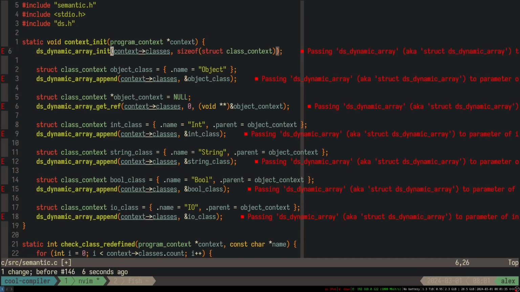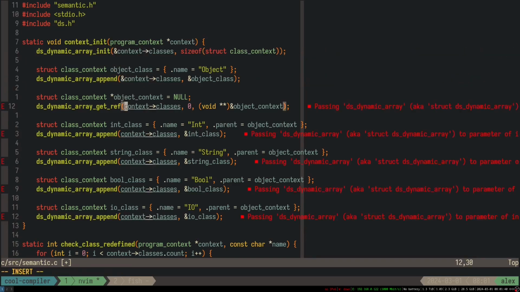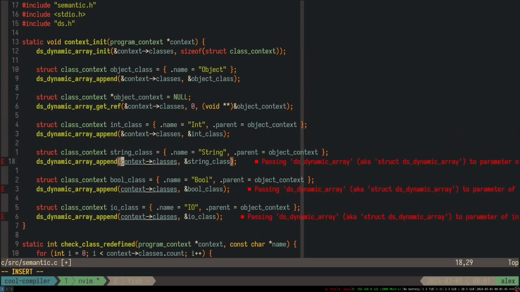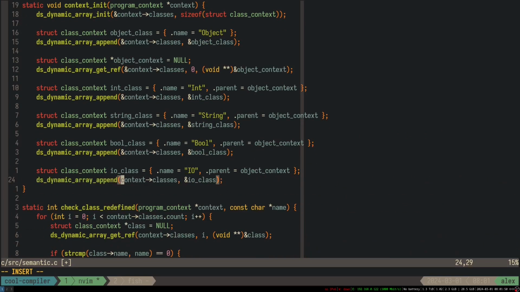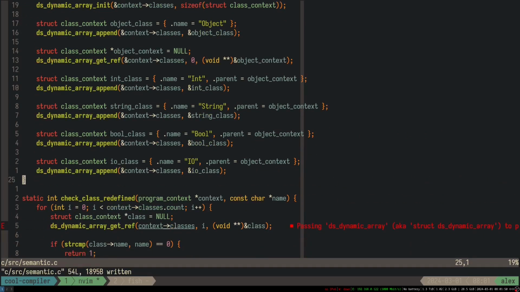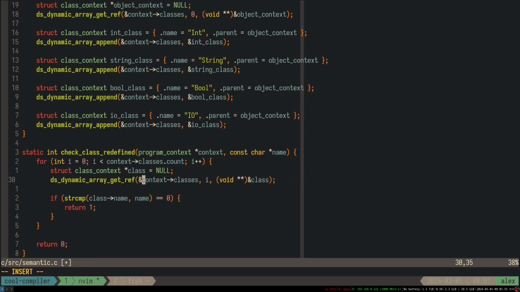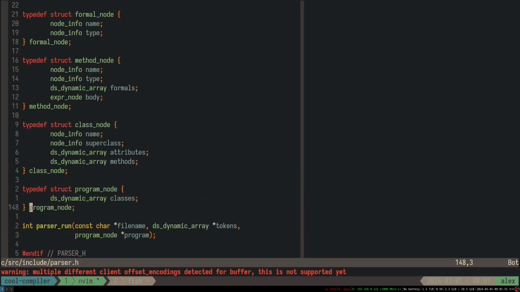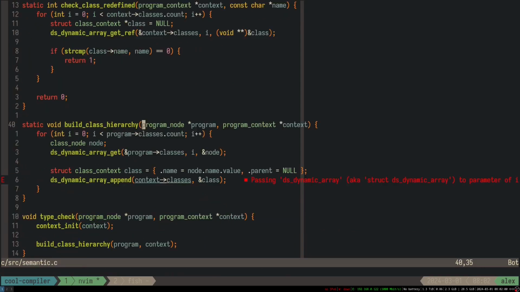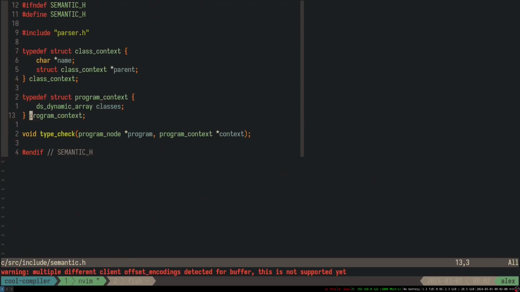Oh, that's good. But yeah, it doesn't have to be a pointer. I don't know why I made it a pointer. Right, like if we look at, for example, our program node, see, it's not a pointer here, so I don't know why I made it a pointer in there. Anyway,